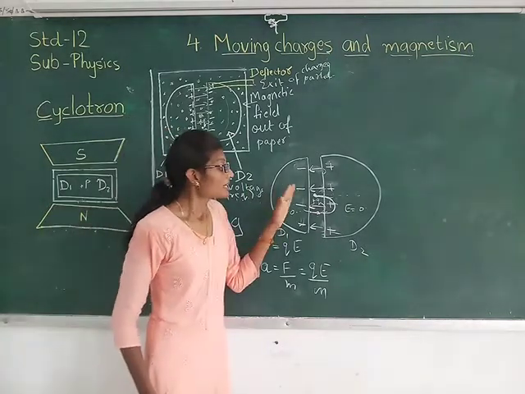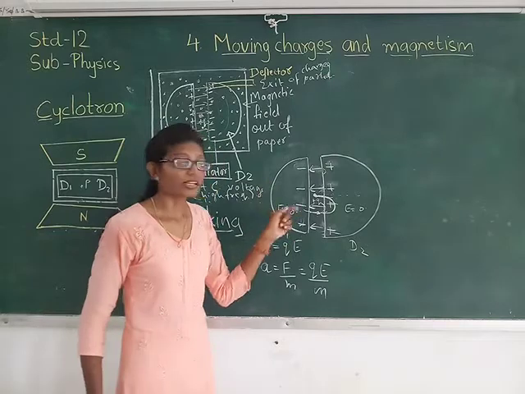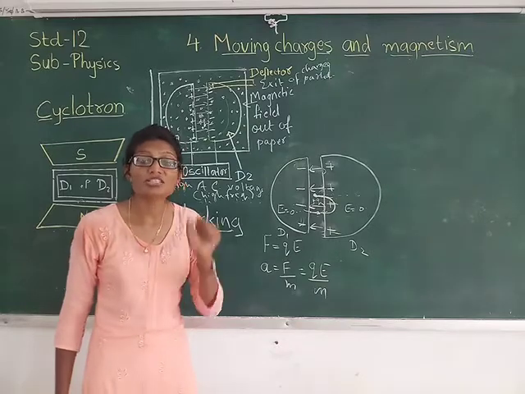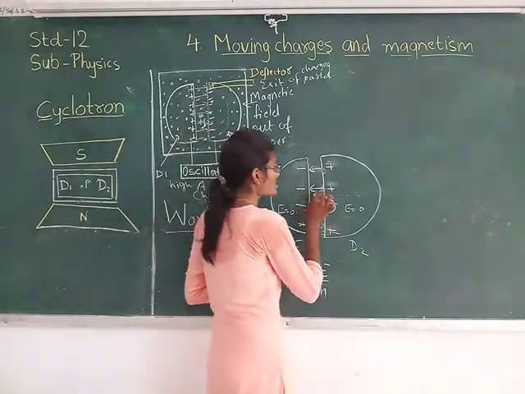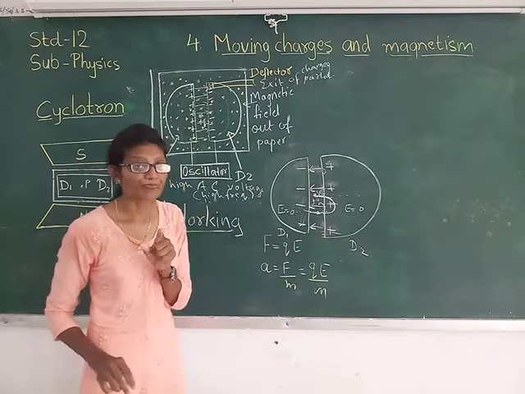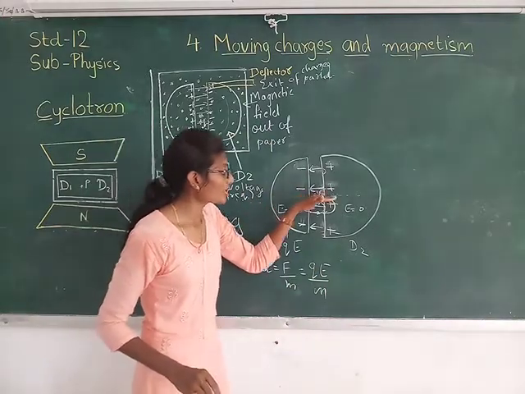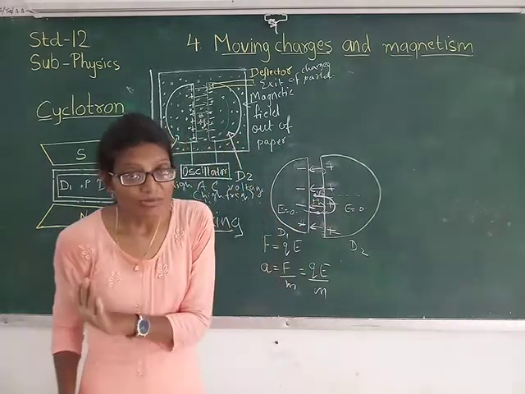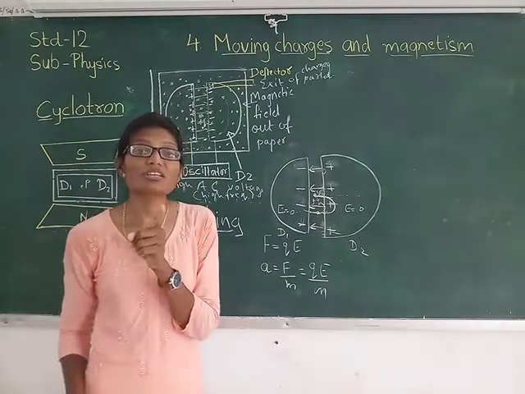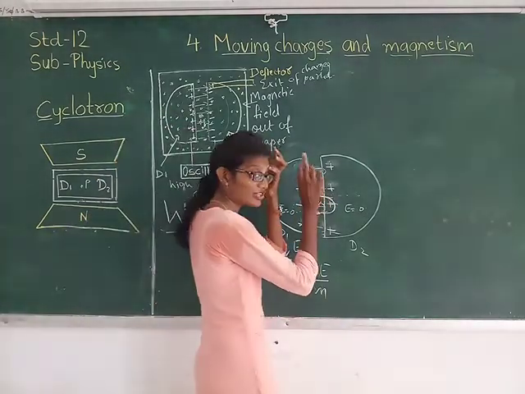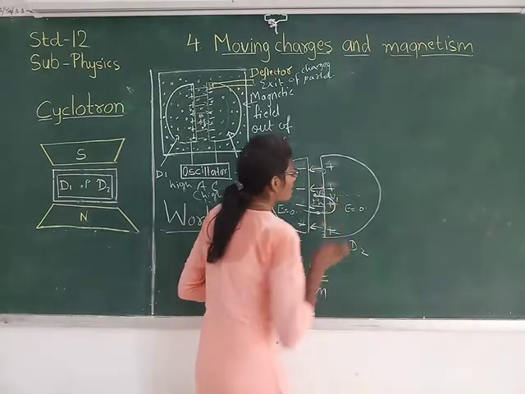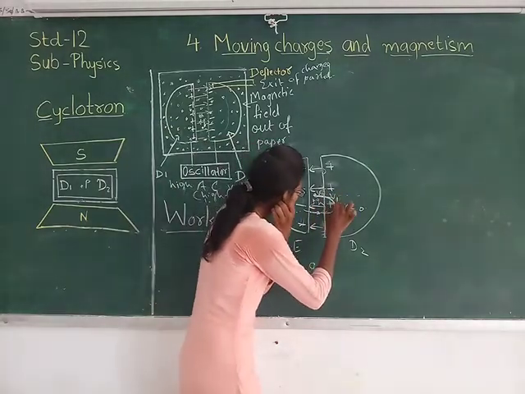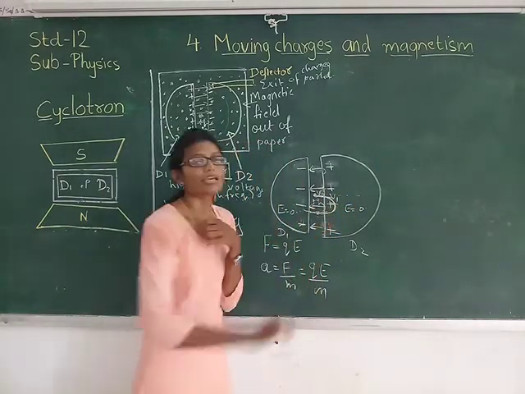So now, because of the magnetic field, there will not be any acceleration. It will be moving with its constant velocity. Let us say suppose it was moving with velocity v0, and it gets accelerated over here. Now when it enters over here, the electric field is 0, so there will not be any acceleration, but it will move with its particular velocity. After acceleration its velocity gets changed to v1. It will move with that velocity v1 and come over here, right?